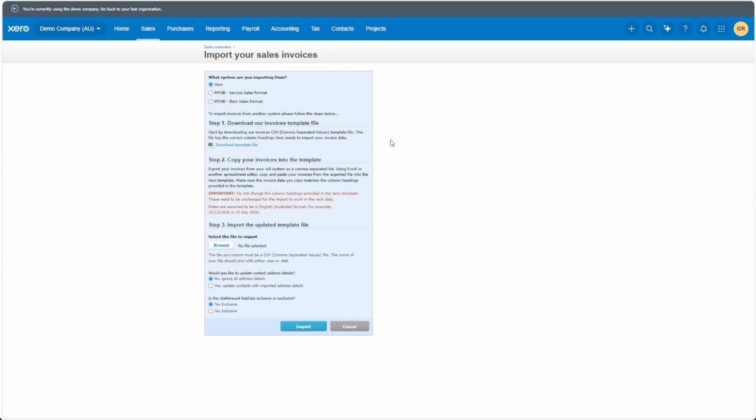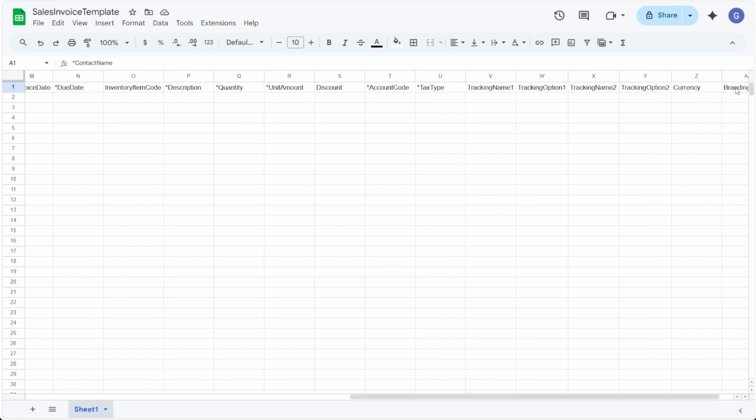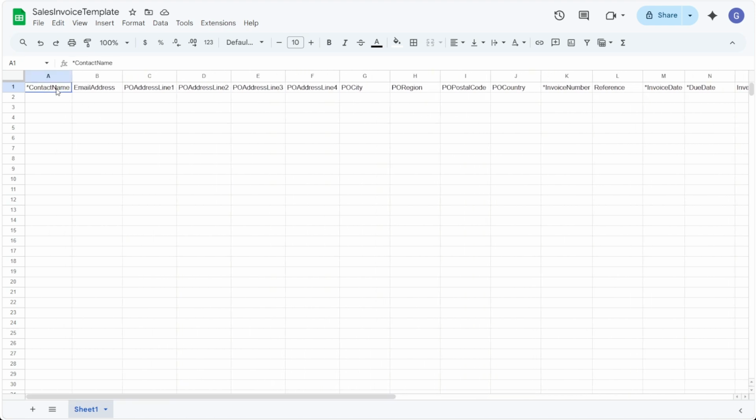From here, you either want to open it on either Excel or on Google Sheets. Let's say I want to open this on Google Sheets. Now, once you open the CSV file, you have here column A up until column AA. Now, what you need to do here is focus on the asterisk. These are the columns in which you need to add. Now, the rest, you can optionally add them, but you have to remember to add the ones that have an